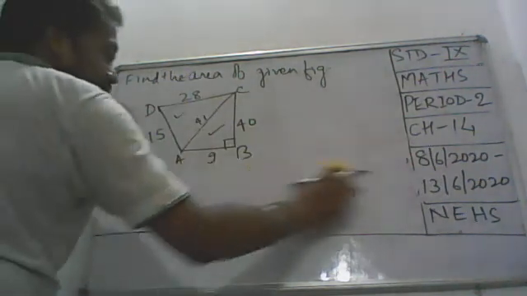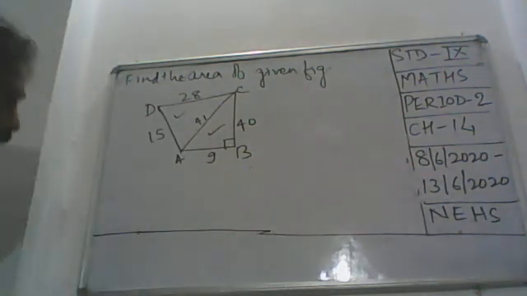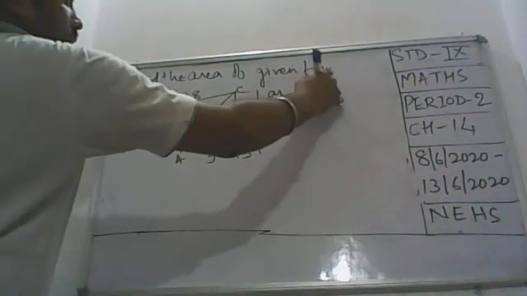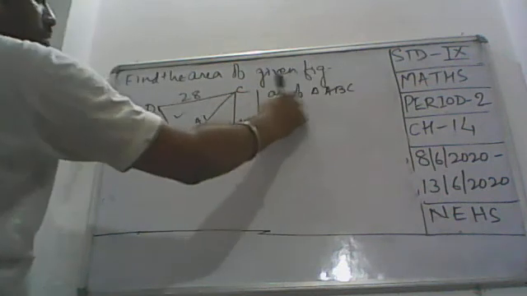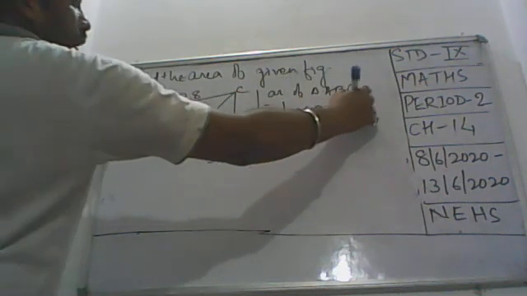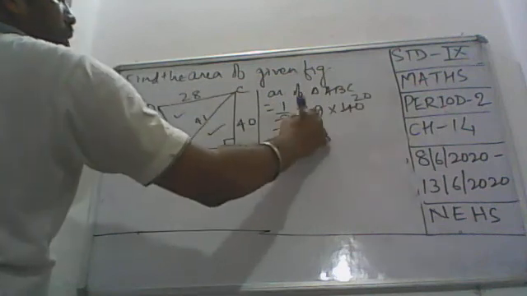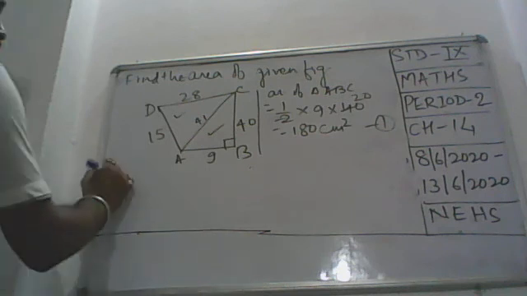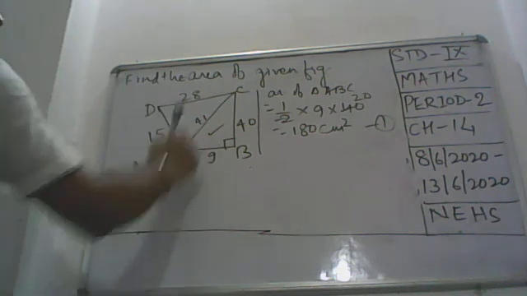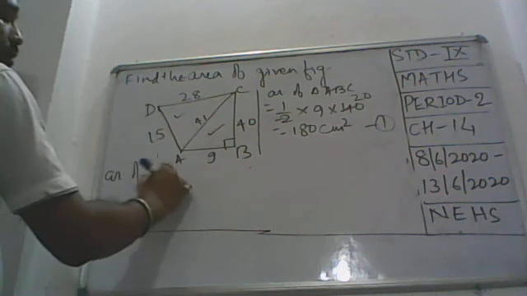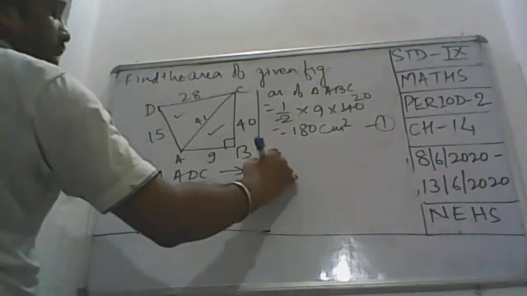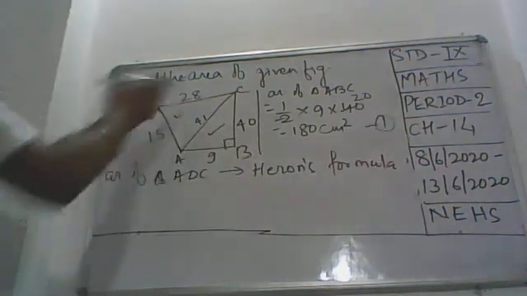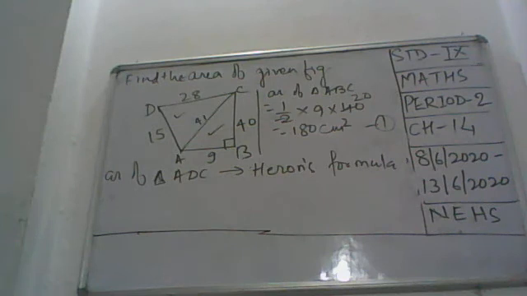So now let us find the area. First of all, I will find the area of triangle ABC. So here I am solving. Area of triangle ABC. Directly use the formula 1 by 2 into base into height. So it is here 180 centimeter square. This is the part 1. Now come here for area of triangle ADC. That will be obtained by Heron's formula. Okay, understood? Now why Heron's is so important? It's not given angle, not given equilateral triangle, so even then you can find the area of the triangle here.